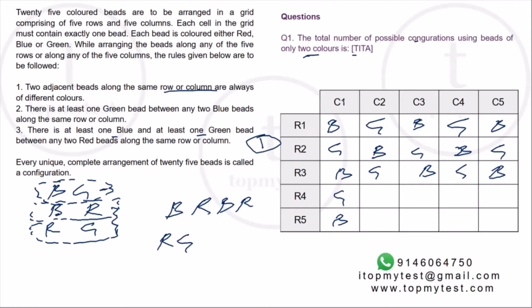Anything else I can do? Instead of blue, I can replace every blue with a green and every green with a blue. I can do green, blue, and then blue, green, and so on, right? So there will be another such configuration which starts with a green. Instead of starting with the blue, I can start with the green. So these are the only two configurations possible. So job done, because you cannot have a third color here. The configuration uses only two beads. So this is pretty straightforward. So first one, only two ways are possible.